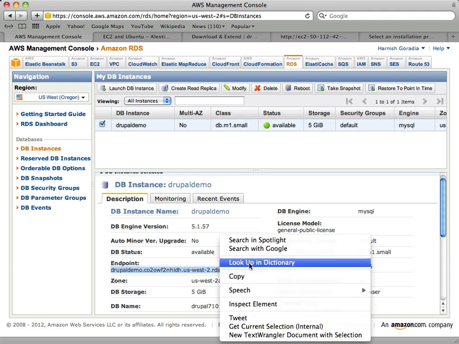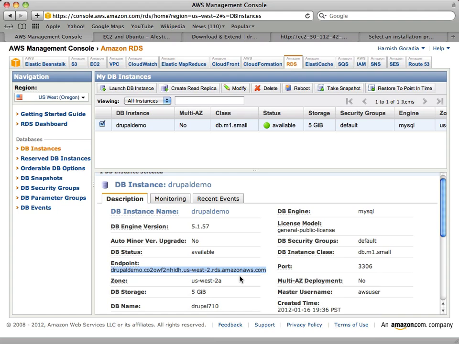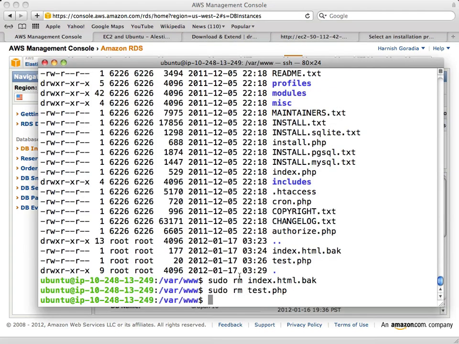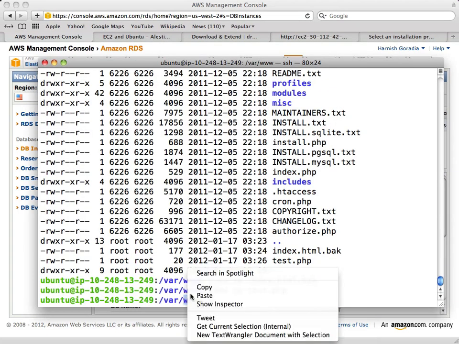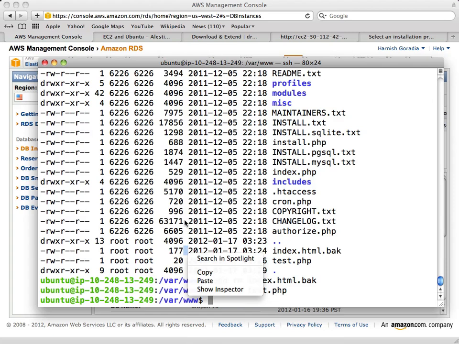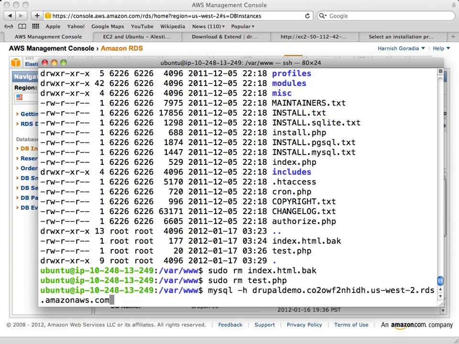Okay, so let's see if this works. Let's see if we can connect. mysql -h this -u root user -p.